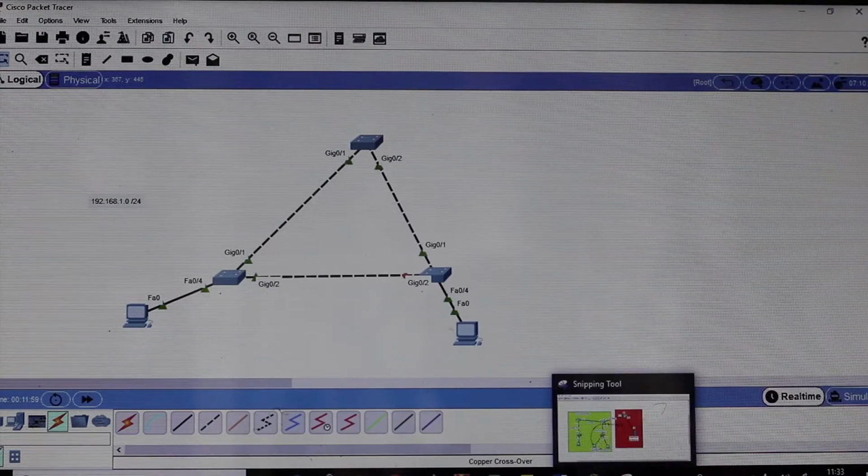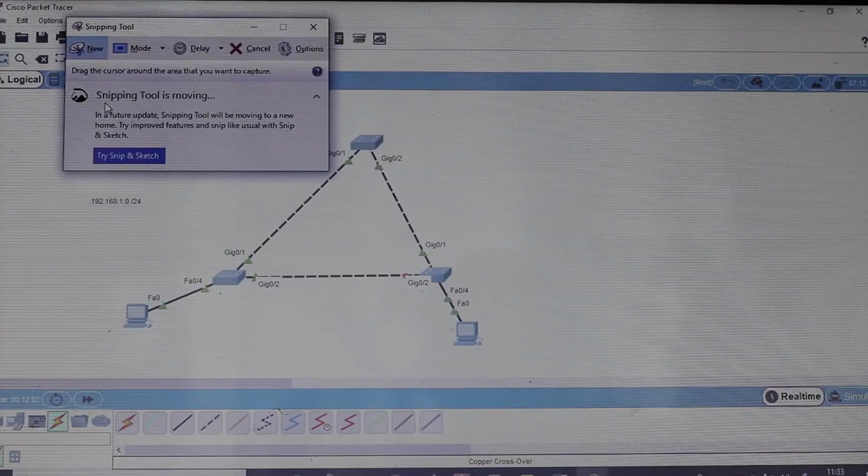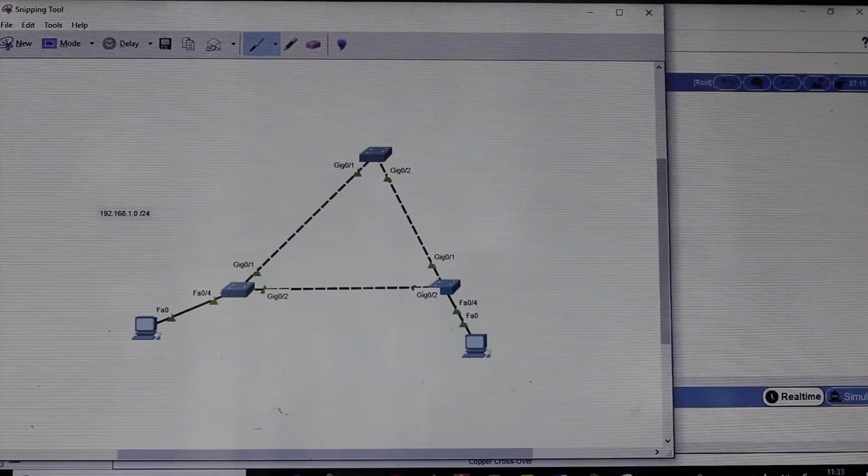Let's see. Let me cut this topology here. Okay, let's do something.